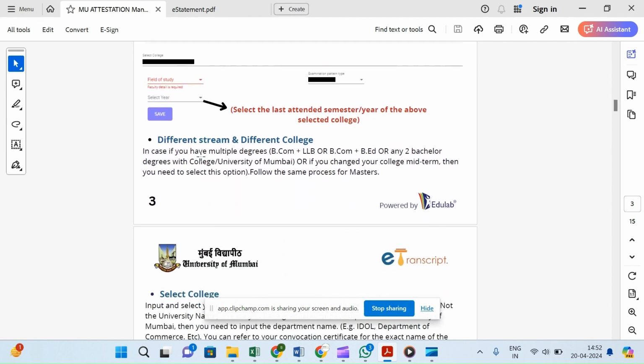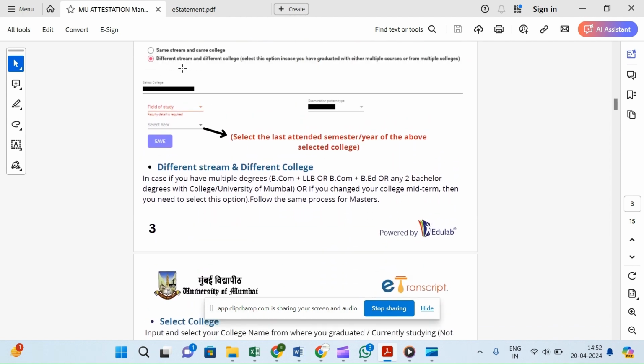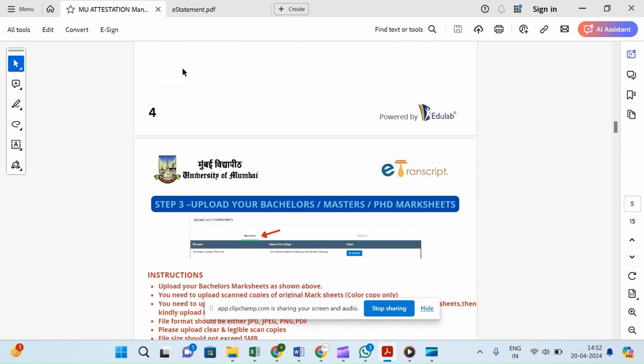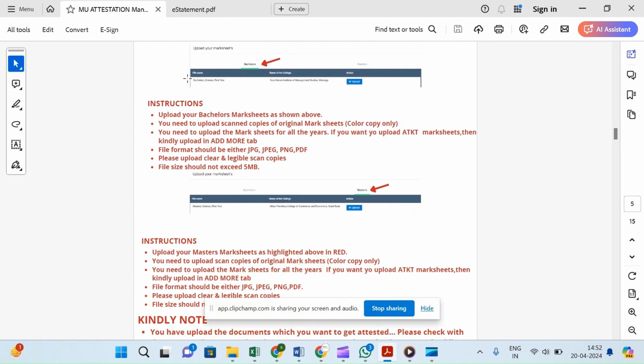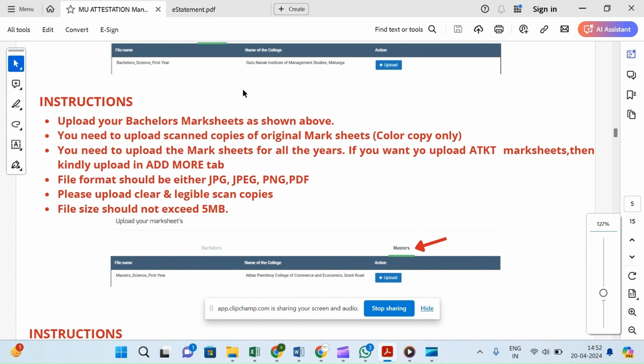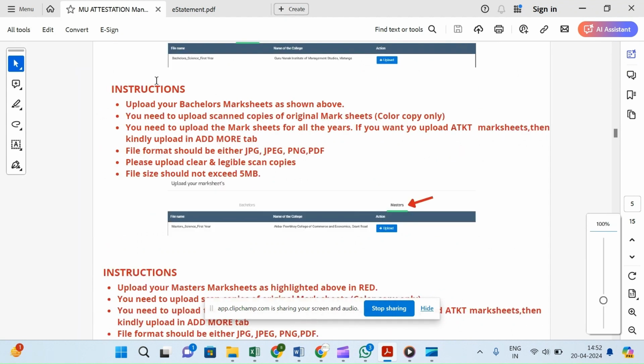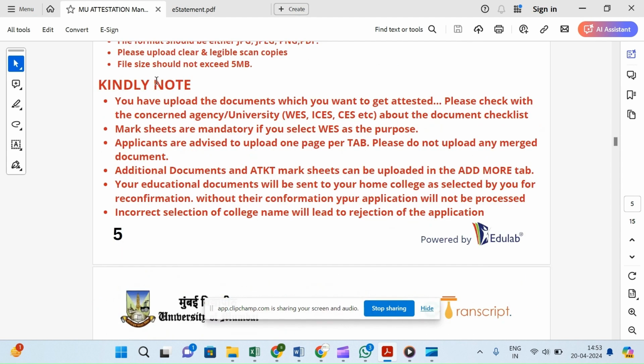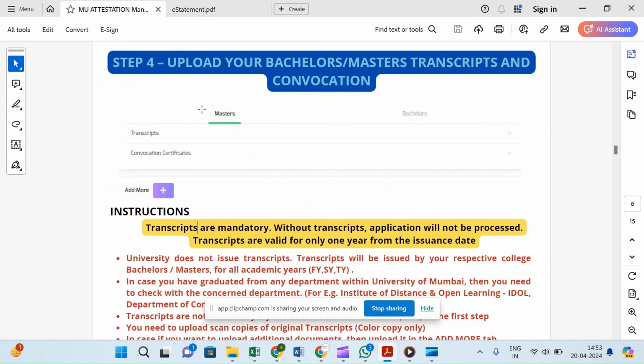Like, there is no college change. If you have a college change, then only you are required to fill in the details. Once you have filled that in, you have to upload all your documents, such as the college degree along with all the semesters, whatever semesters there are, six semesters in Mumbai. Then you have to upload the transcript document which you received from your college. Make sure you upload the document received from your college, because Mumbai University will send an email to your college to confirm the authenticity of the transcript.